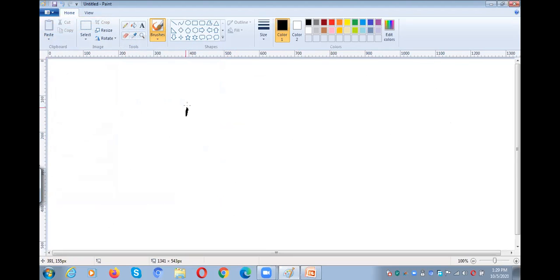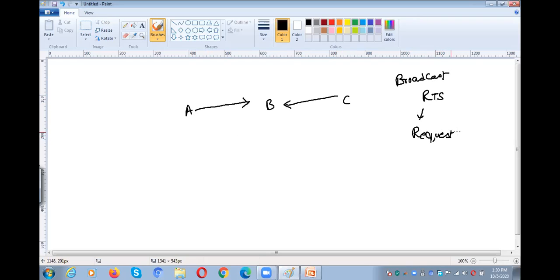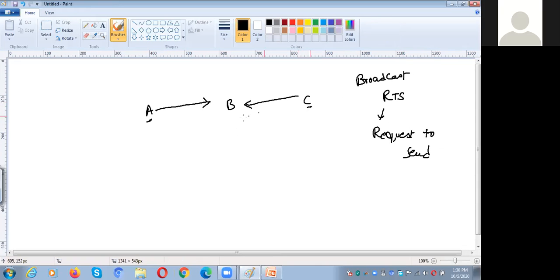So A, B and C. Whenever a node wants to transmit data, the node needs to broadcast an RTS. What is RTS? Request to send. So whenever A and C are willing to transmit data to B,